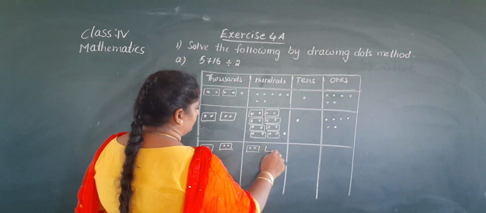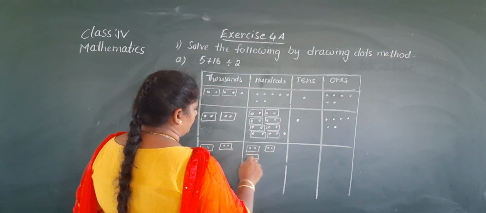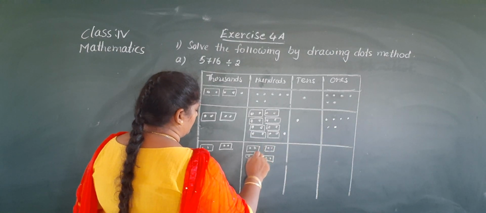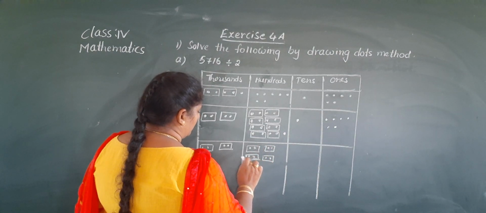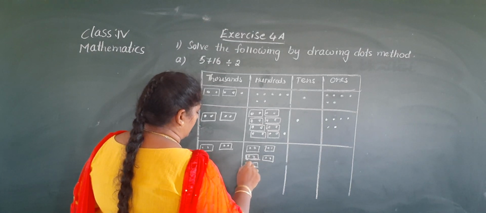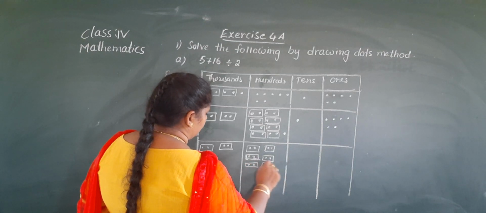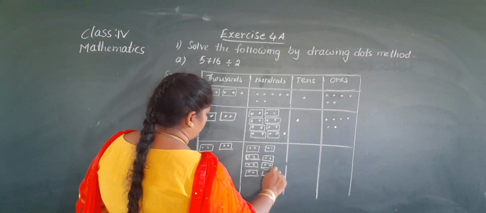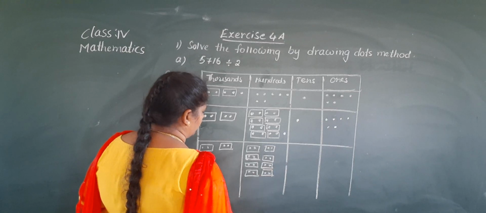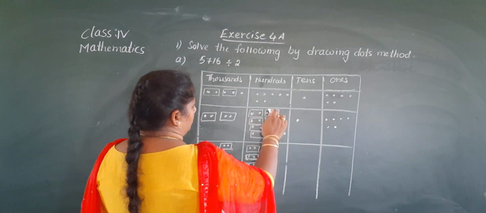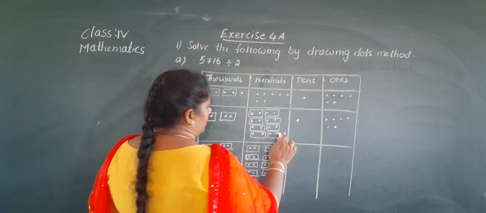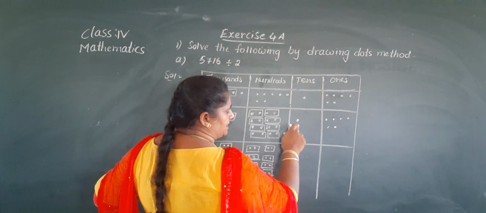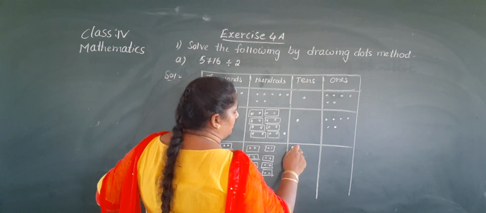Again. Okay, ma? So these groups again we have to keep same like that. How many groups here? Yes, 4 groups. 1, 2, 3, 4, 5, 6, 7, 8 groups. This 1 dot we carry to the tens, then it becomes 10 dots. Already here 1 is there. So 10 plus 1, 11. Come on, keep 11 dots, Nana.